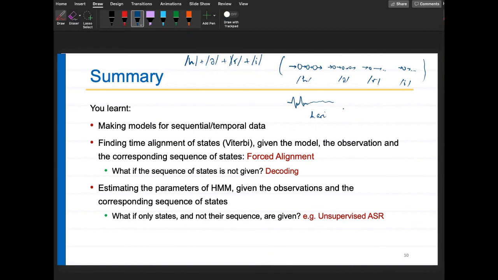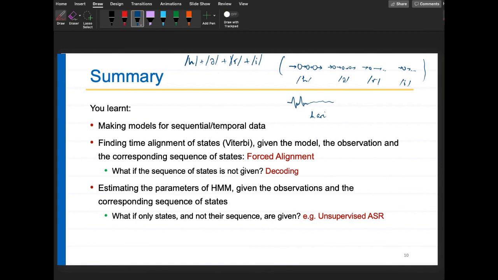Yes, yes, good point. Yes. So I can add a prior belief. Okay, this is the probability of my word. So I can add my prior belief. Yes. Okay, so that problem is called decoding. Maybe if we do a course on speech recognition, we can go to details of that.